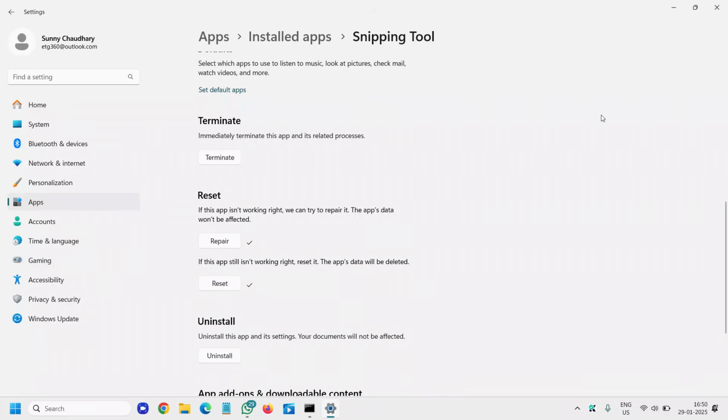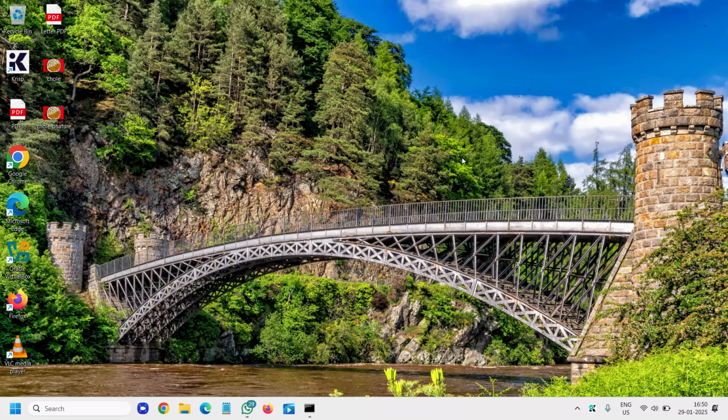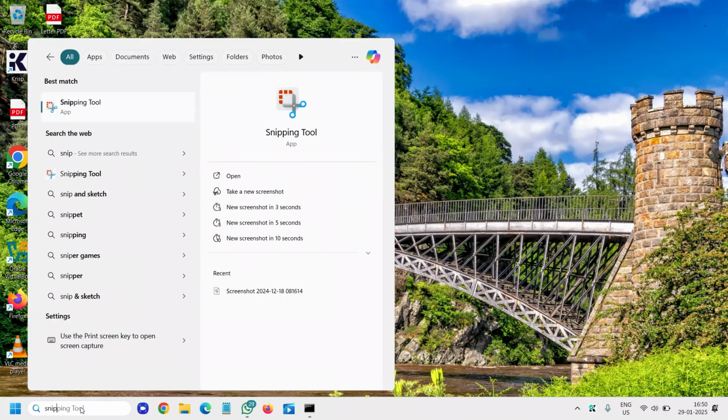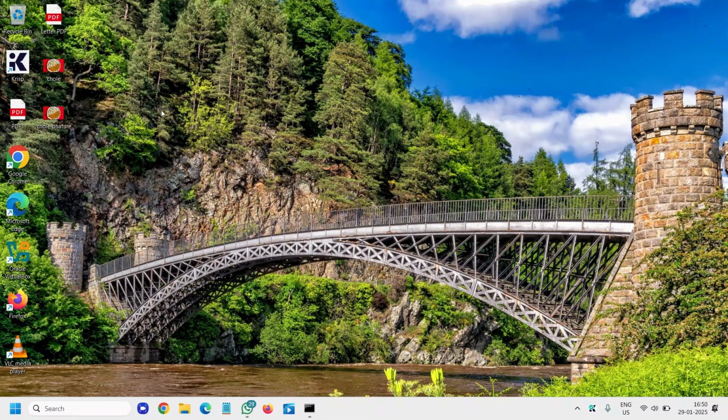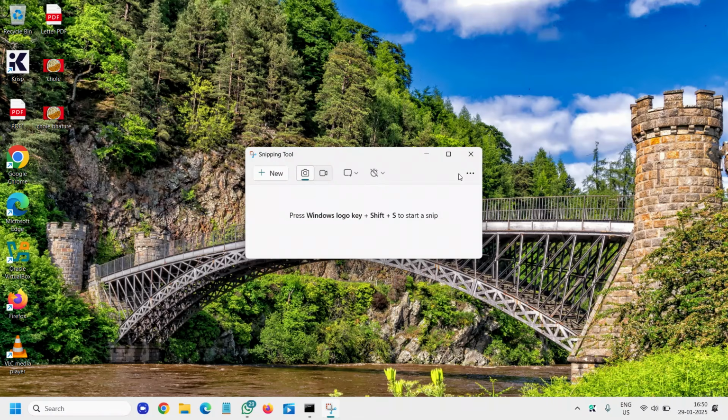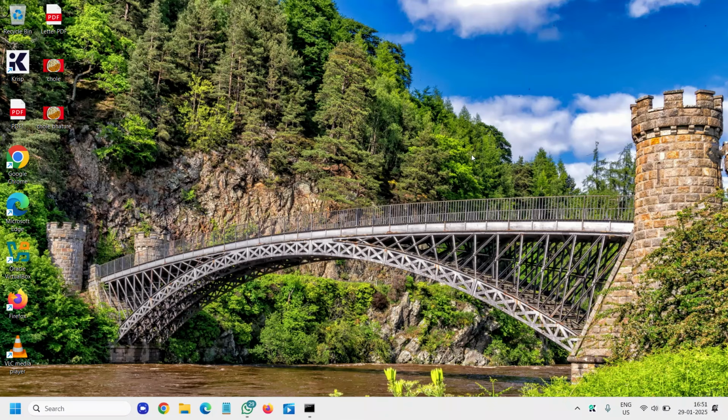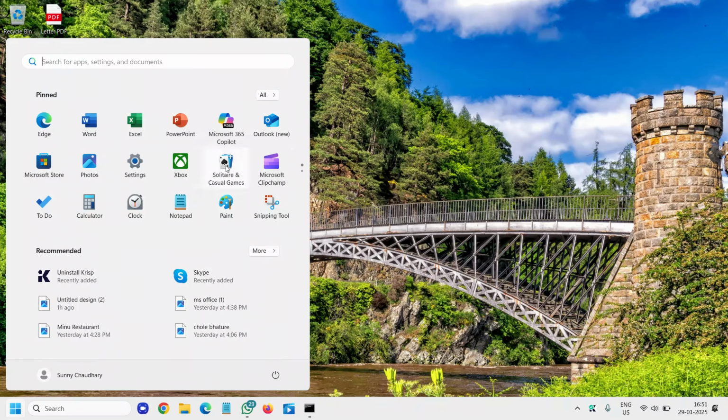Once you're done, close this and see if your snipping tool is working fine or not. You can search snip and see if that works for you. For me, it is working. And for you, if it's not working, I would recommend to open the Microsoft Store